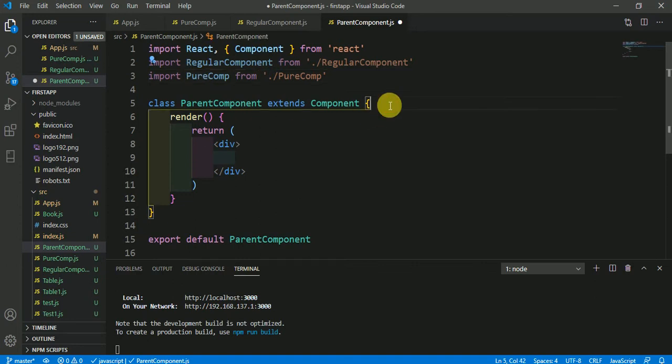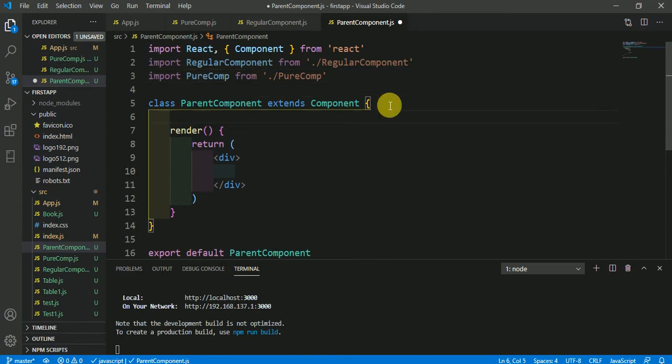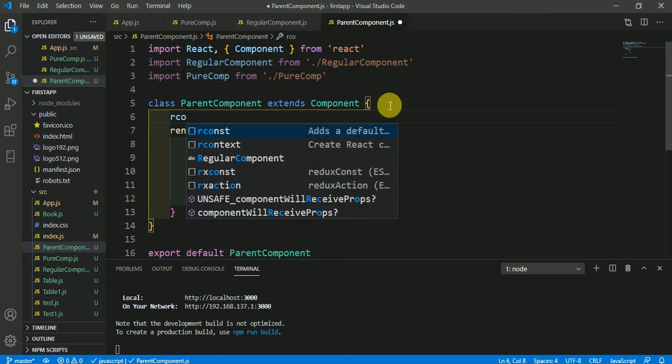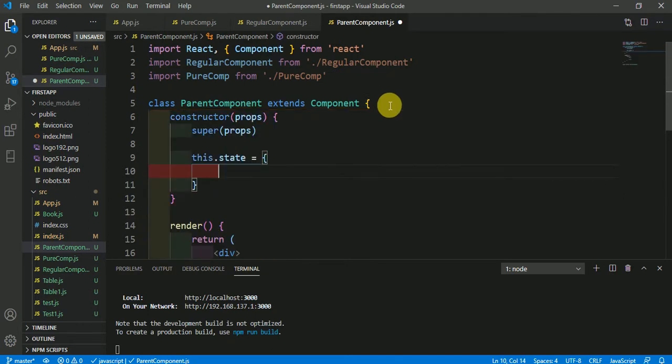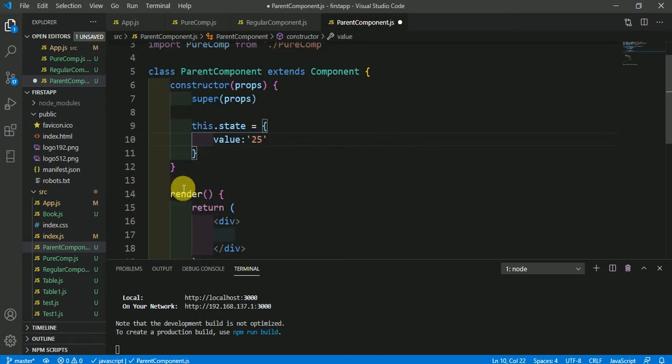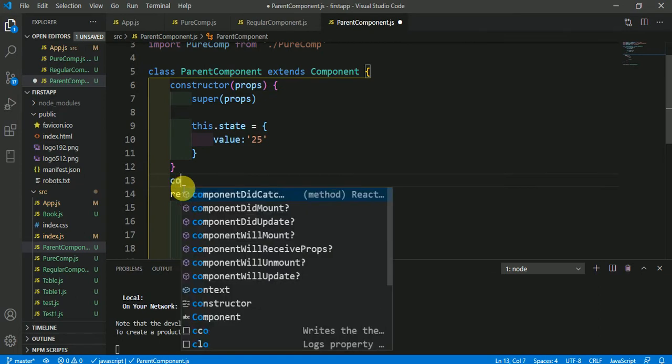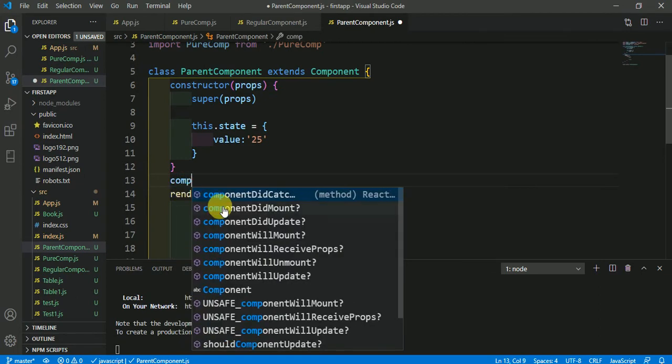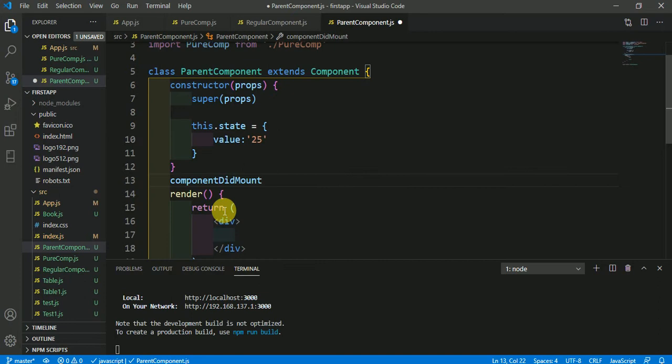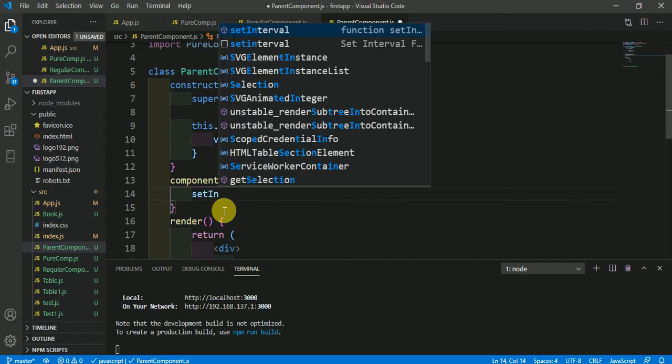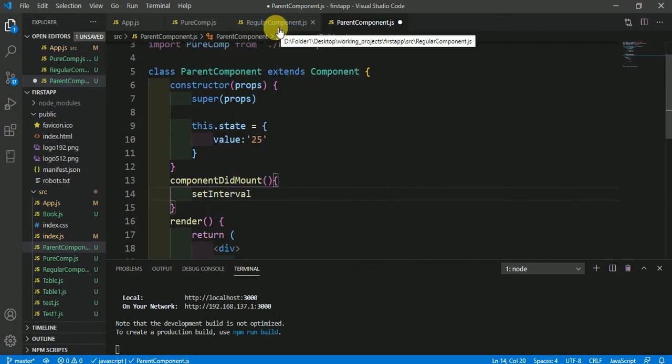Then here make a constructor to make a state. So here I am typing rconst, then give here some value, like 25, then we will change it to 100 here. To change it, just type here componentDidMount, then set an interval on which you have to re-render the updated values. So setInterval,